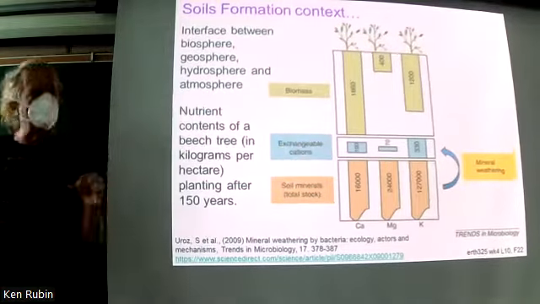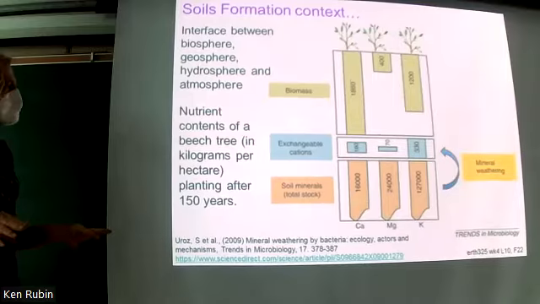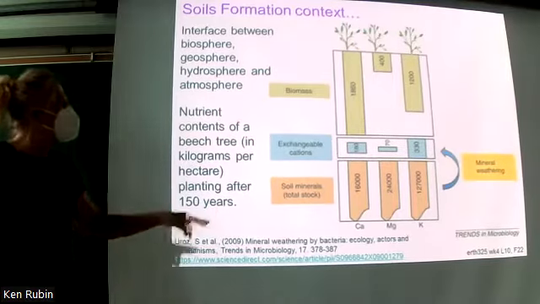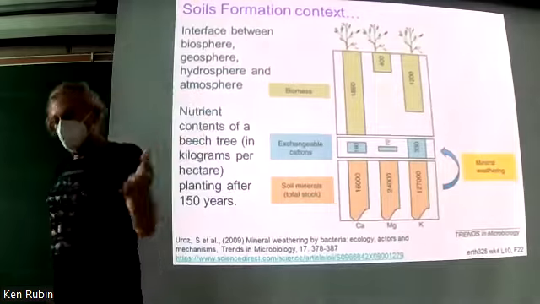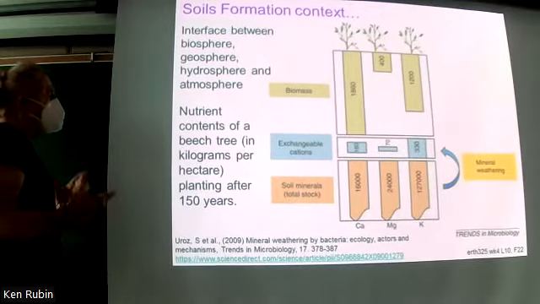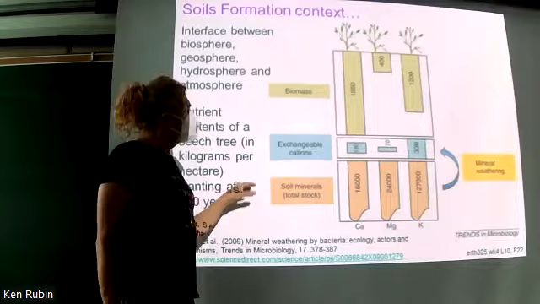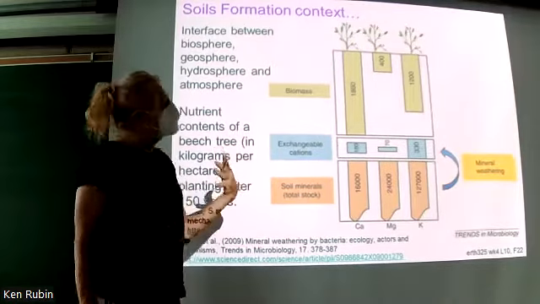There aren't that many exchange sites on the clays in soils. And so if we do something to the soil to affect this, we affect this. So one of the things we can do to our soil is add acid accidentally. Oops, acid rain. Or we can add, in agriculture,